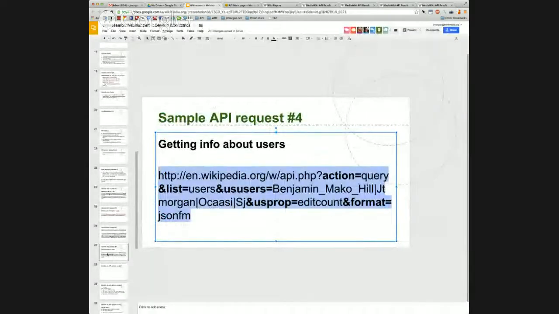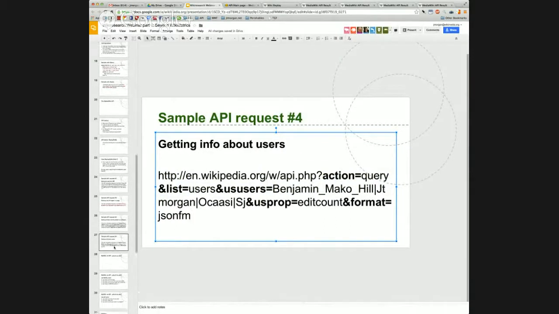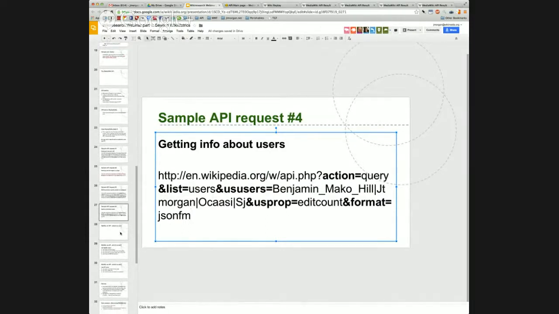And we see that Okasi and SJ are, and this is on the English Wikipedia, you can see that Okasi and SJ are leaving me and Mako in the dust. Surprise, surprise. So this example, actually I put in to make a bigger point, not just about my edit count, but you can get a lot of the same information from the API as you can from the databases